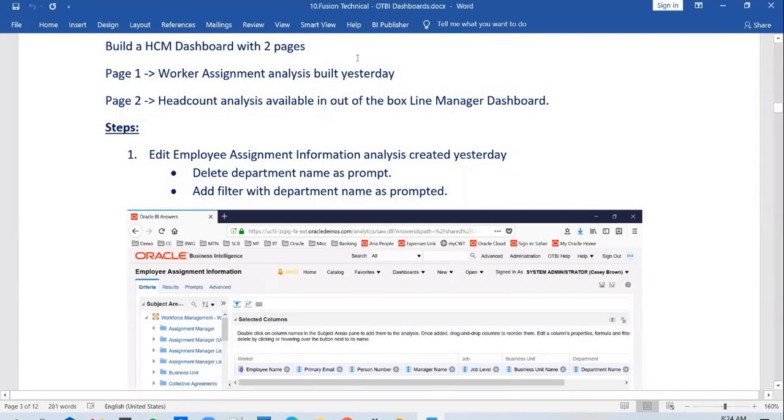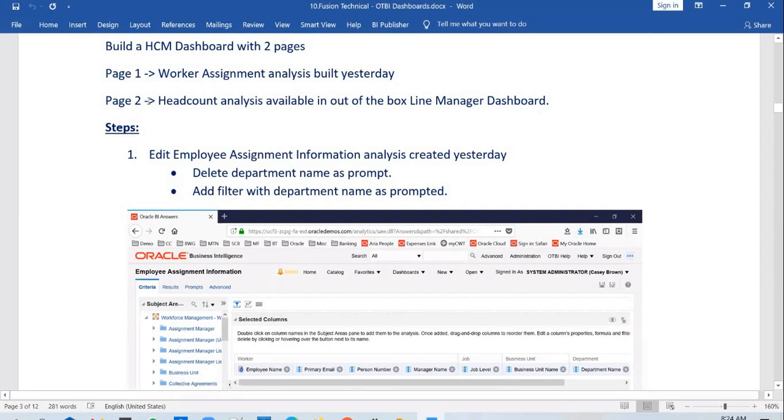And I'll show you how to create a dashboard prompt and how to add the dashboard prompt and the reports to the page. And we'll create another page. So this will take care of how to build a new dashboard with the reports that you have built. And to help you with the second option, wherein you might have to change whatever is given by Oracle, we create another page in the dashboard.